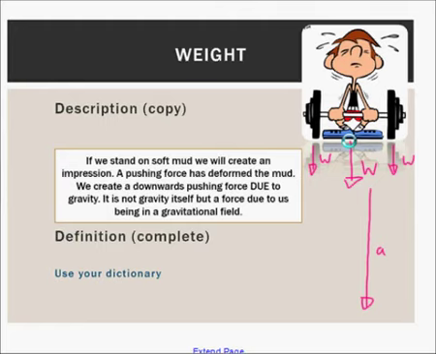What's the definition of weight? Essentially you just have to look at the dictionary for that, but it's related to how much force someone provides depending on their mass. Now, where do they actually get this force from? Well, the force only happens when you're in a gravitational field. So if you weren't in a gravitational field, then you wouldn't get any weight. So that means the definition must also then have something to do with a gravitational field. So the actual weight definition is the force acting on a mass